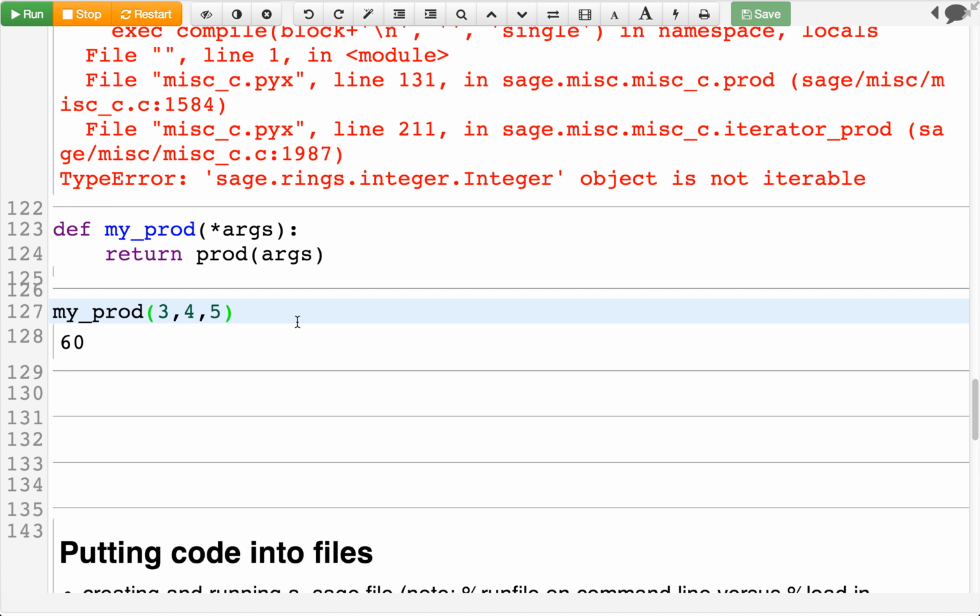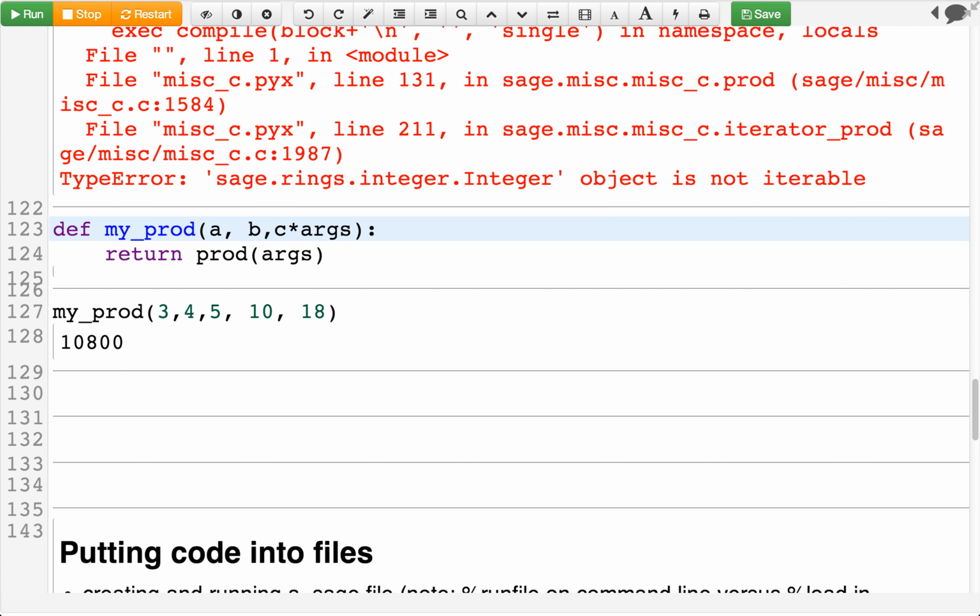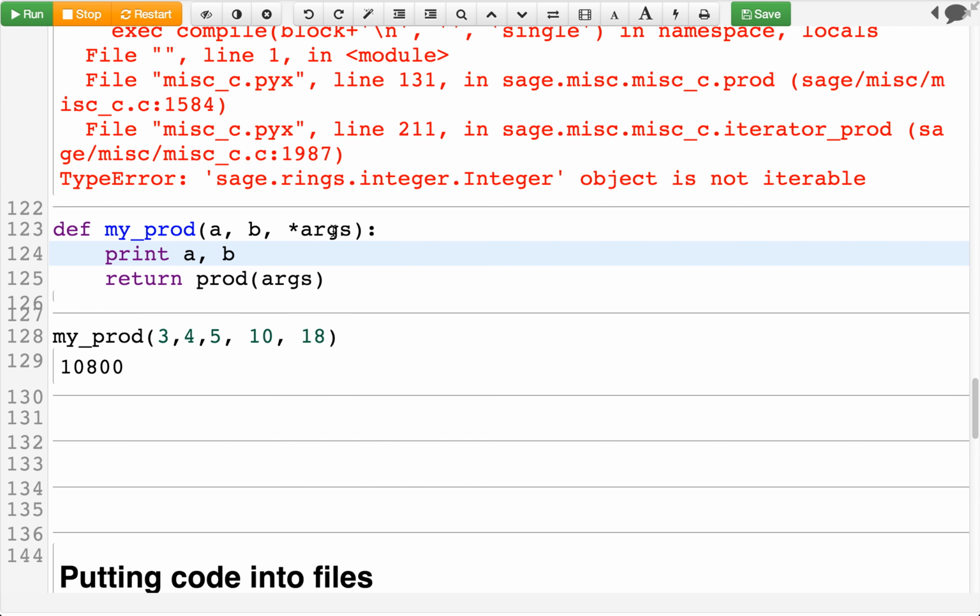Pretty simple. So if you want to make a function that can take in a whole bunch of different arguments, or you don't have to specify ahead of time what they are, then you can use star args. And you can also throw in some named arguments at the beginning before the asterisk, like a comma b, like that. If you do that, then args is only set to the rest of the arguments. So if we evaluate that, and then this, 3 and 4 are going to be a and b, and then star args sucks up the rest of the arguments,